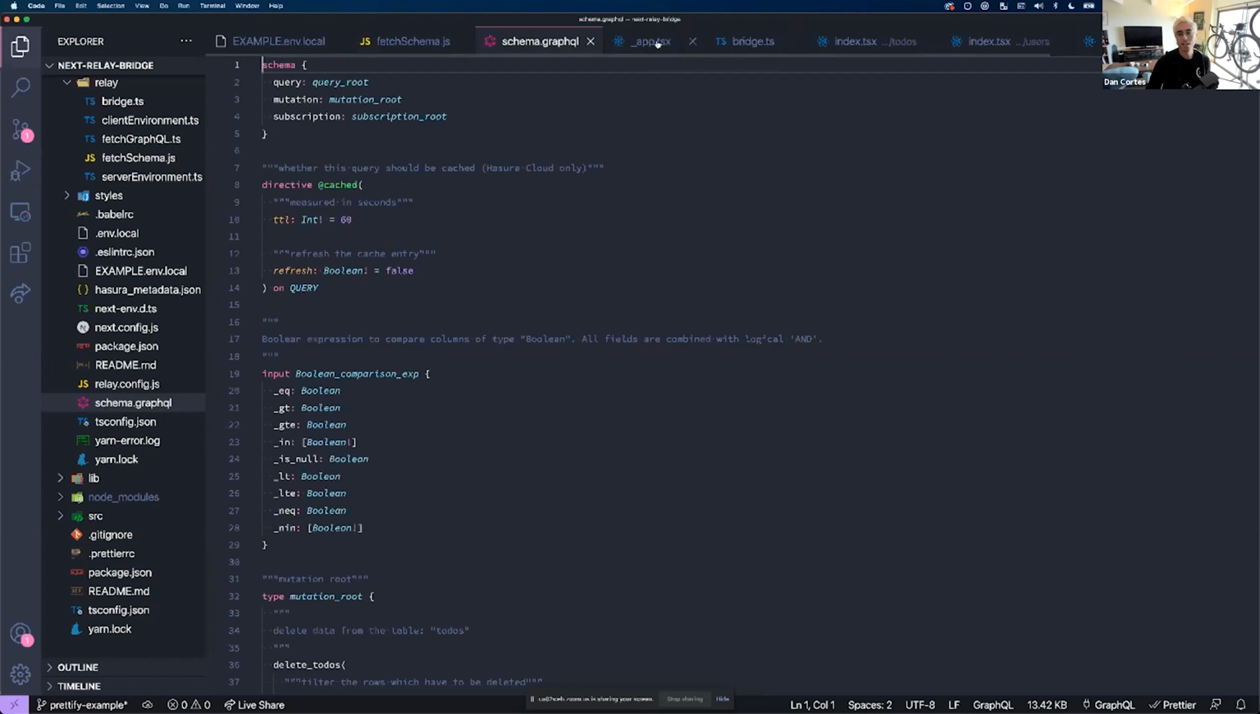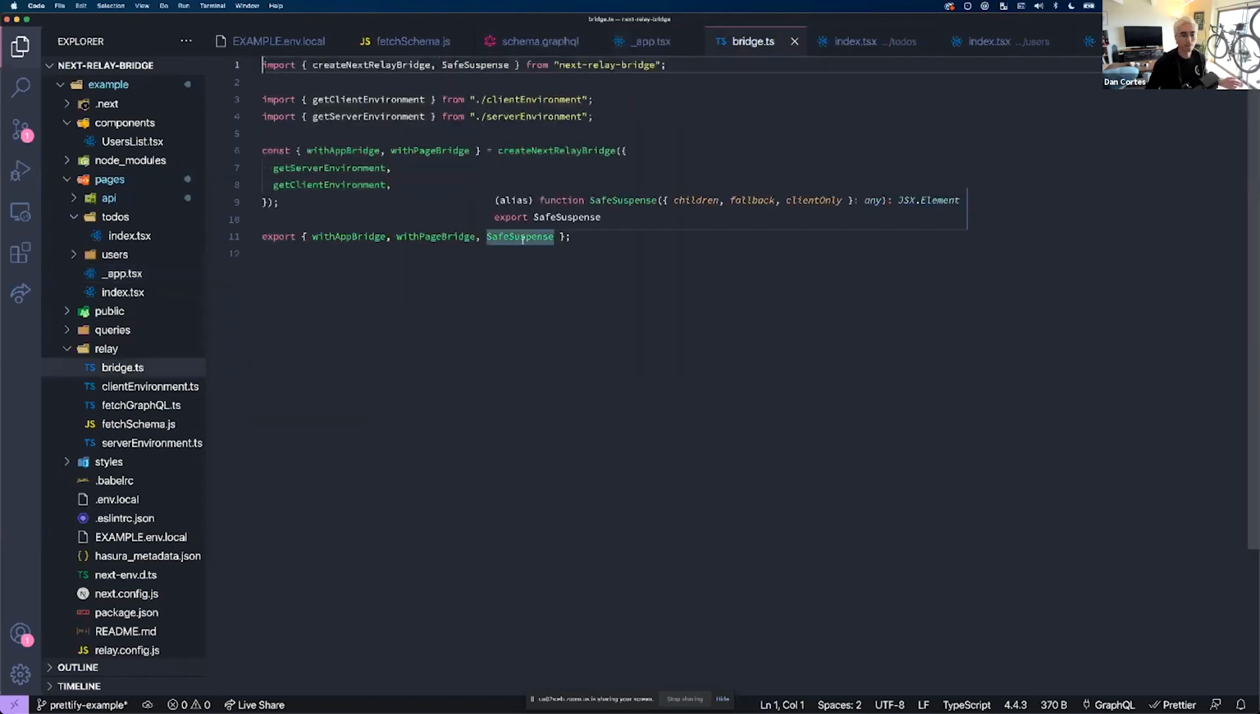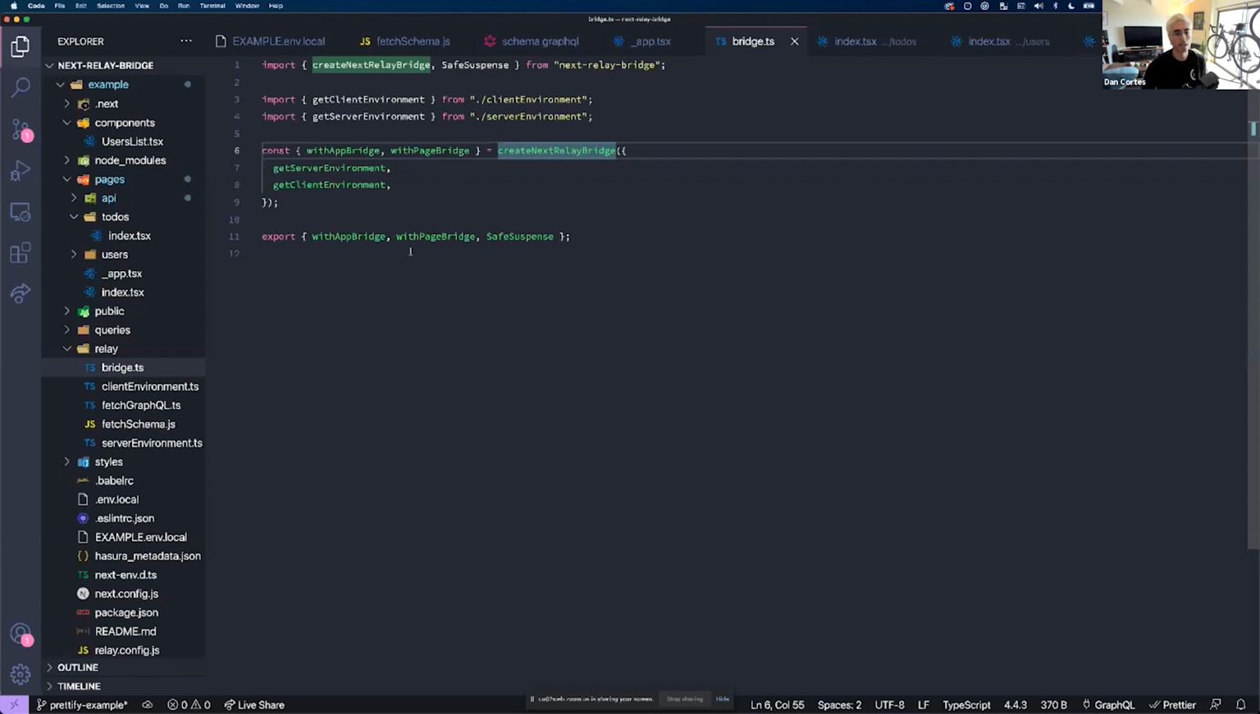Cool. So now that we've got our schema, we actually need to use Next Relay Bridge to initialize everything. In my Next.js app component, I have this withRelayBridge helper, which is created from this Relay Bridge file. And here's where we're actually using the utilities that Next Relay Bridge provides. Next Relay Bridge exports a function called createRelayBridge. That function takes an object as its argument, which tells it how to build the server environment and how to build the client environment. These two things are very Relay specific, so I'm not going to get too deep into them, but essentially